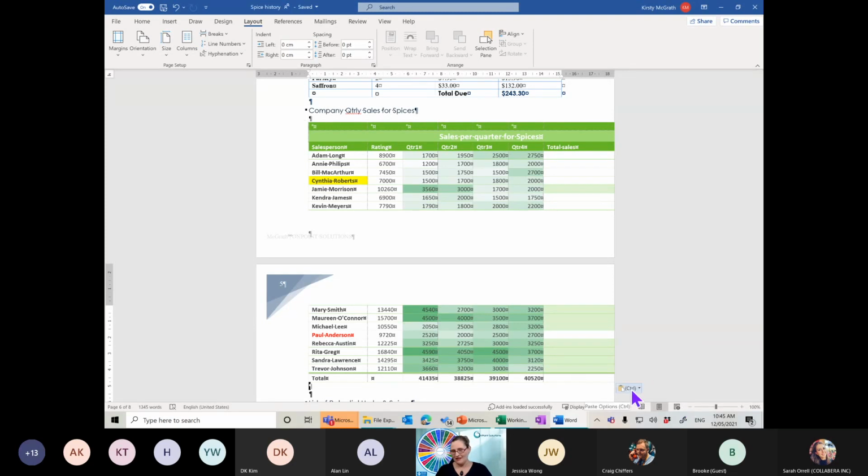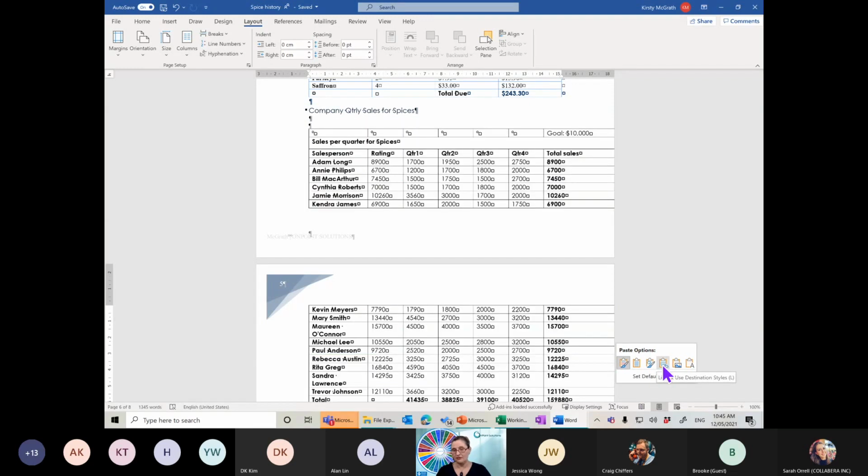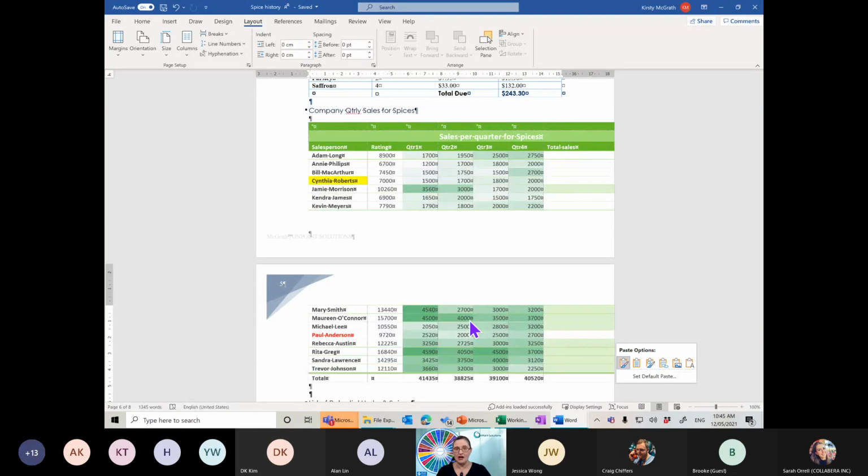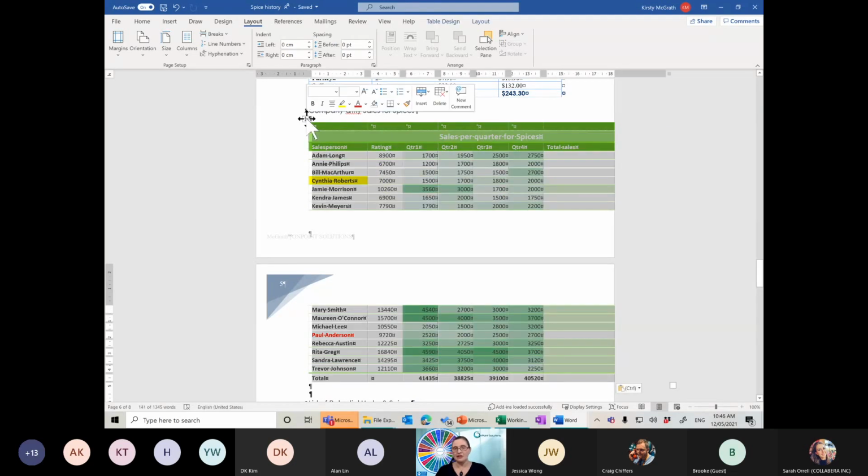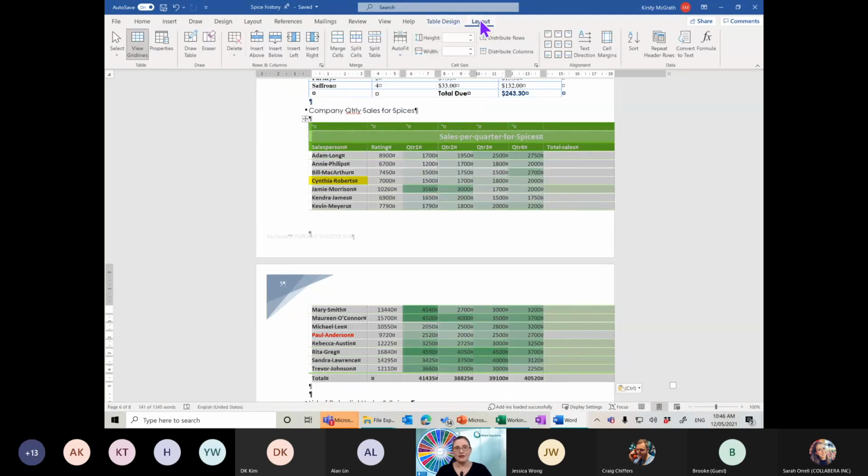Now, one of the things is I'll often see people try and choose different paste options. Do you want it to be linking back to the document, for example, or use the styles from where it's come from? The main thing I see where people get frustrated, let me choose it. Now, up on the table layout, it's off the page. So people will start going, I need to drag those columns over, and they're trying to drag each individual column,